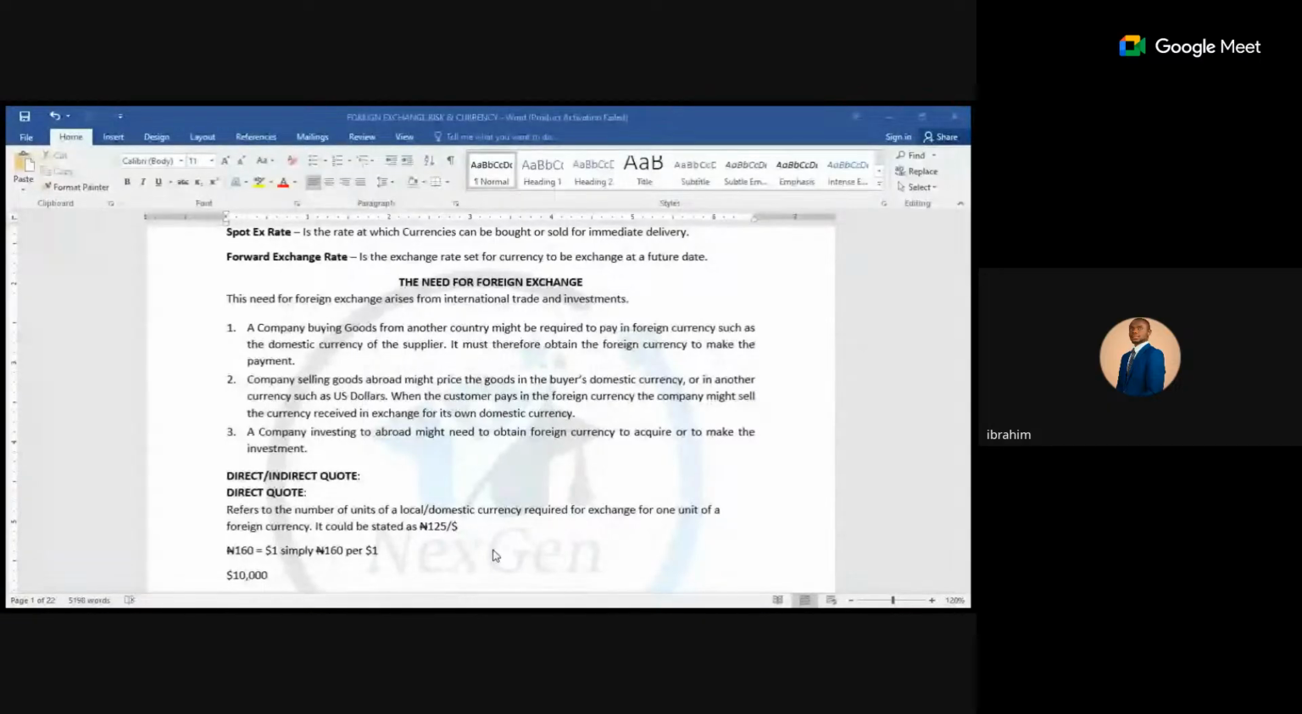Don't forget, under the translation, okay, we'll get there. 125 naira per dollar. Right? Now, when you see this spot rate, it means that it is a direct quote. Why? Because